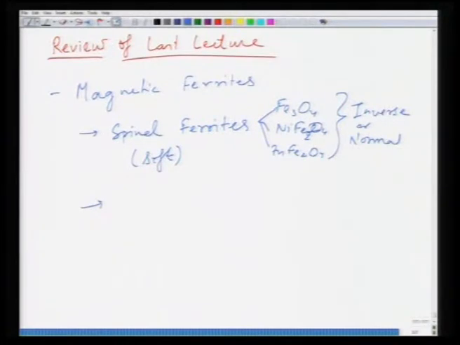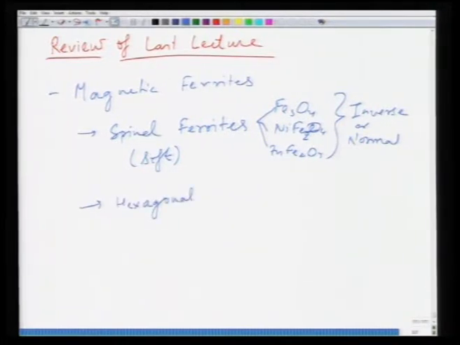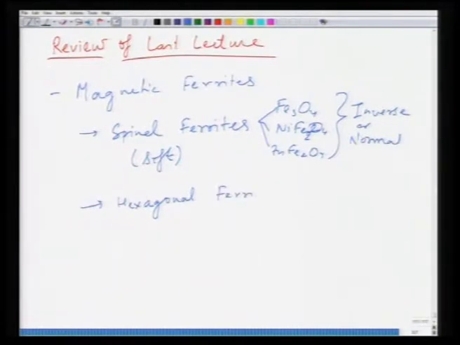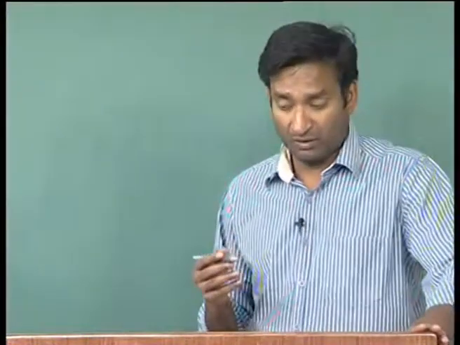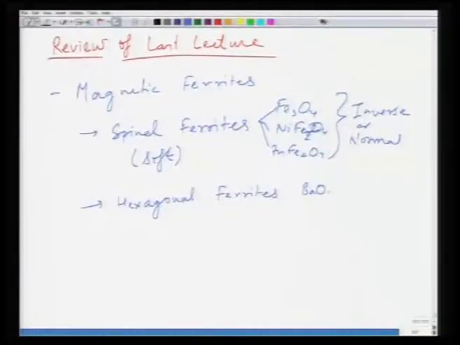And then we talked about hexagonal ferrites. In the hexagonal ferrites, we were mainly interested in barium ferrite, barium hexaferrite, which is based on the mineral magnetoplumbite, and that is why it is called M-type ferrite as well. Now, this is a hexagonal unit cell. You can talk of this material as if it is BaO.xFe2O3,